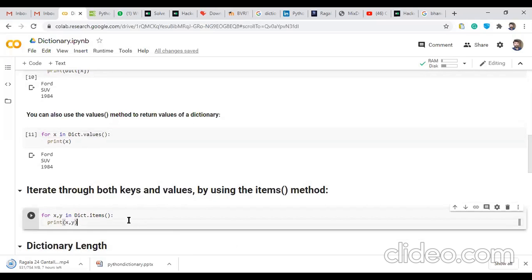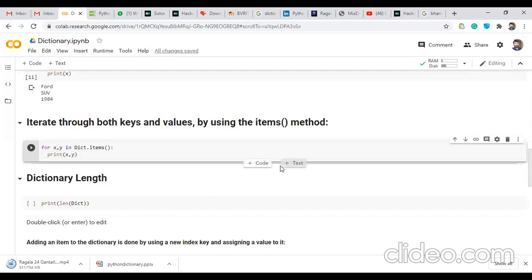If you want to display both the key as well as the values within a dictionary, so I want to display both of the pair of values. In this case, there is a method called items. Dictionary name dot items, which will get the key value pair. Here x and y are iterating with the key comma value pair respectively. x is iterating with the key, y is iterating with the value. So x comma y represents the key value pair in a dictionary. We will display the values.